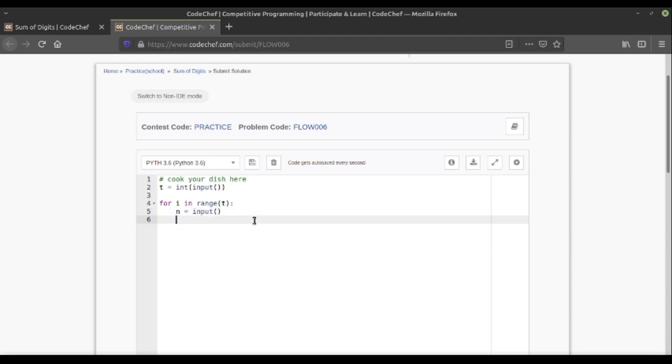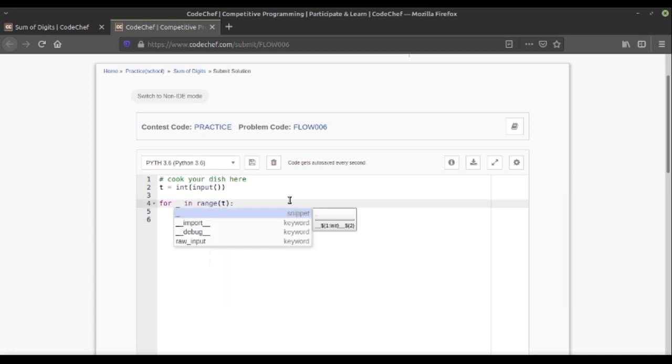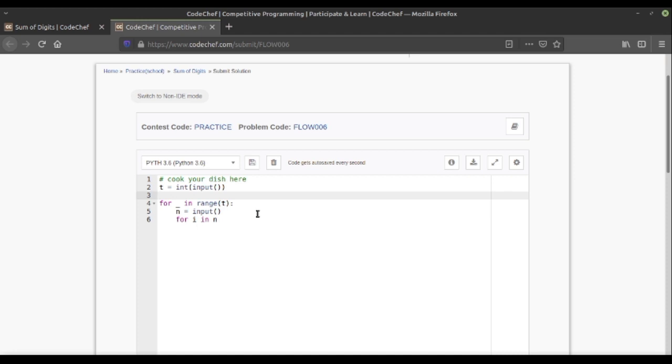So let's take this input directly. It will be in string format, and then for i in n, or for less confusion let's convert this into underscore, as we will not be using that in our for loop. So for _ in n, we will get each digit now in the variable as a string.